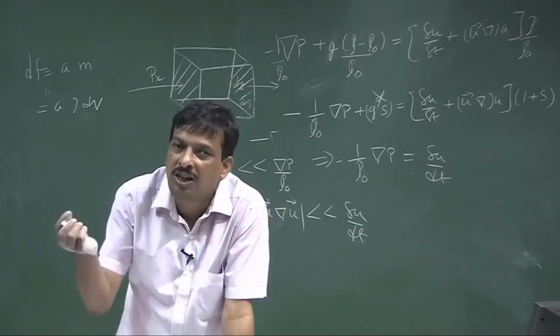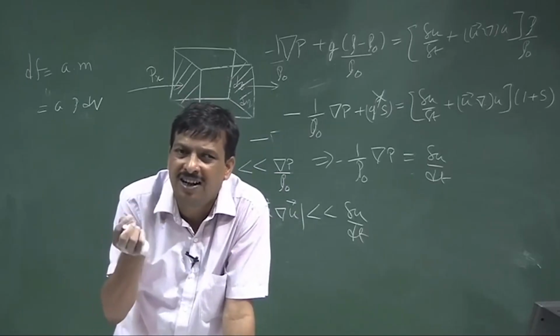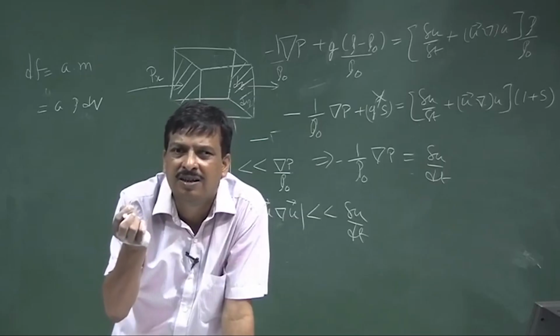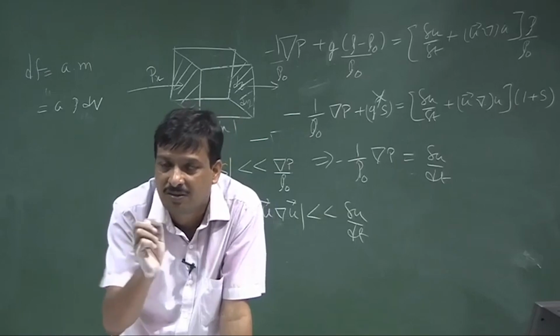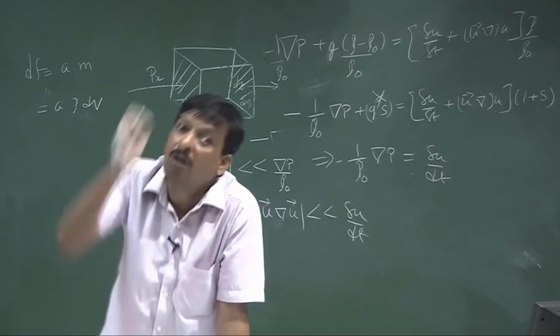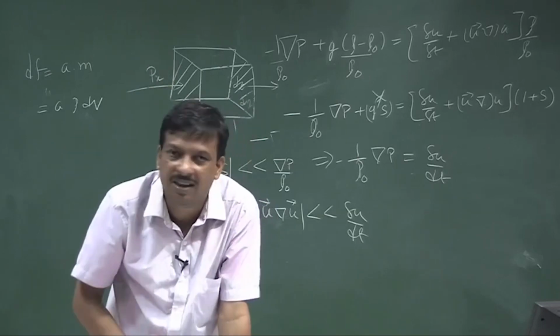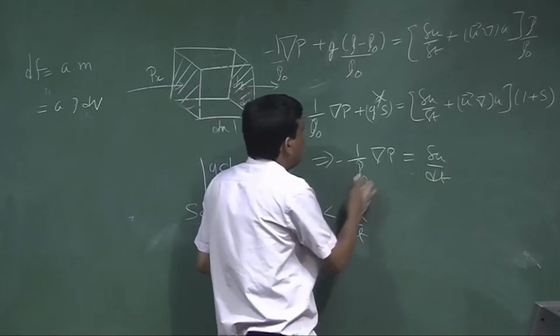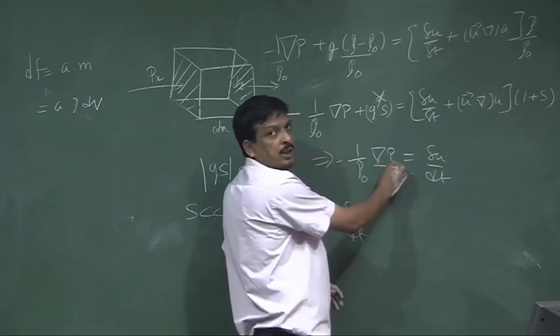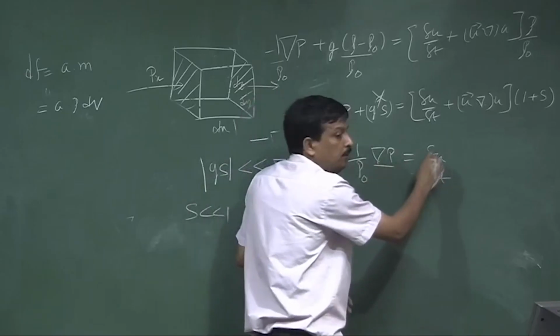Okay. So, with respect to time, I said the positional change is very less, positional change not displacement, rate of change of velocity is very less. In that case, I get minus 1 by rho 0 into divergent of acoustic pressure is equal to differentiation of that